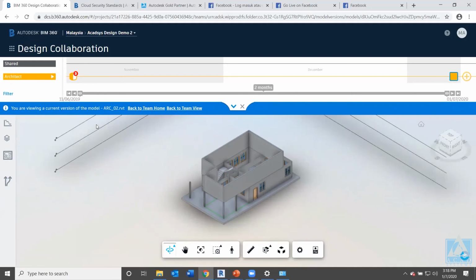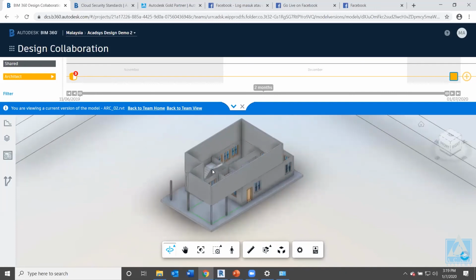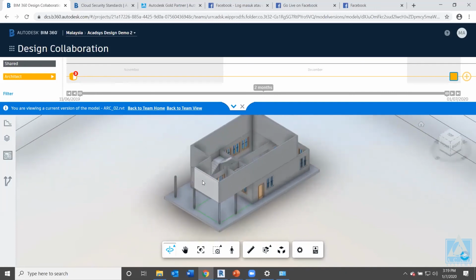So you just utilize BIM360 to monitor your team's progress anywhere you are. If you are working outstation, or in other countries, you can still log into this BIM360 account. There are no country restrictions because it is available worldwide. And this is why I really like this BIM360 design, because it helps us to solve the server maintenance